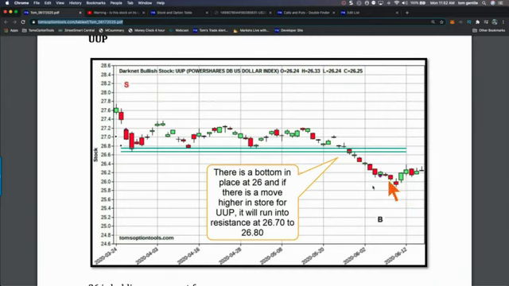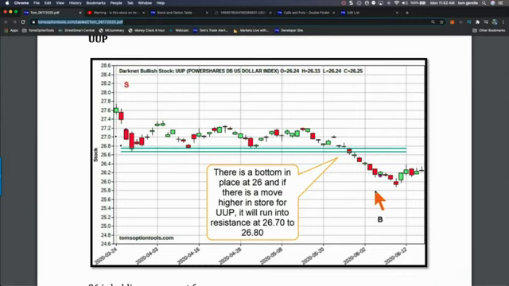All right, we are looking at UUP running into resistance now because support here, here, here, and here is now going to become resistance. So this 2660, 2670 area is going to become a resistance area. We did get an Alpha 9 buy signal, but we don't trade Alpha 9 signals on something like the US dollar where you're seeing something that just gets these really small moves.